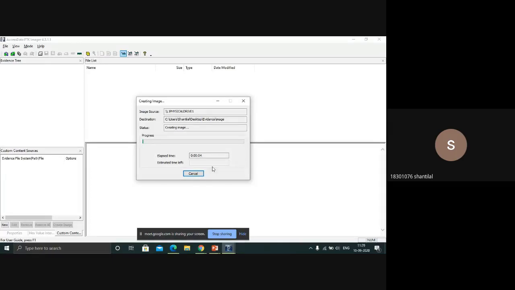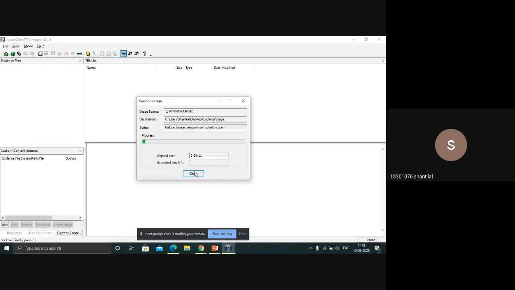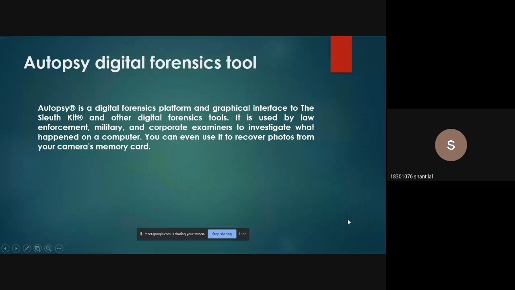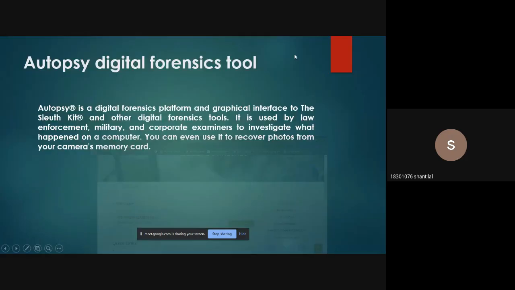Okay, the process takes a long time, around 10 to 15 minutes. Since I have already done it, we will be skipping this part. I will cancel over here. It all depends on your drive size. My pen drive is 16 GB, so if you have an external storage device of larger size, then it will take more time. So it all depends on the pen drive or the external drive. Okay, just a second.